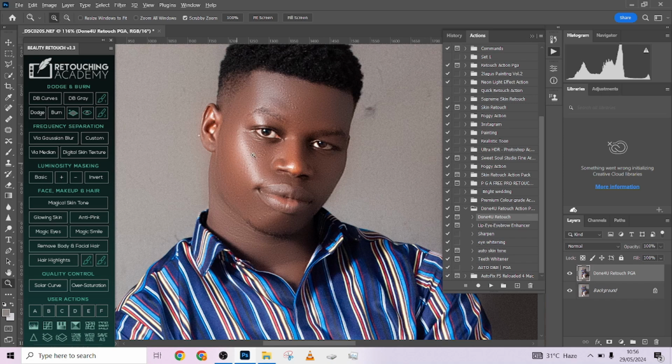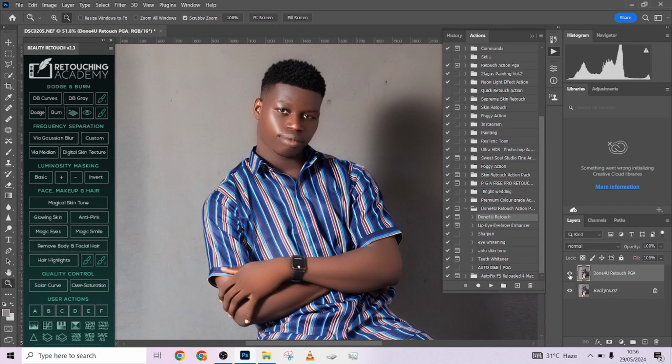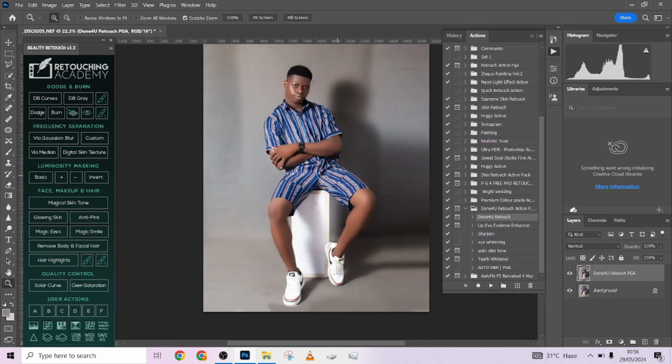Bam, okay, so look at that. Isn't that amazing? Look at that. Okay, so have before, after, before, after. So I'm noticing that it's spilling even into my background and all of that, which I do not want. So what I'm going to do is separate the image from the background quickly and use it just on my